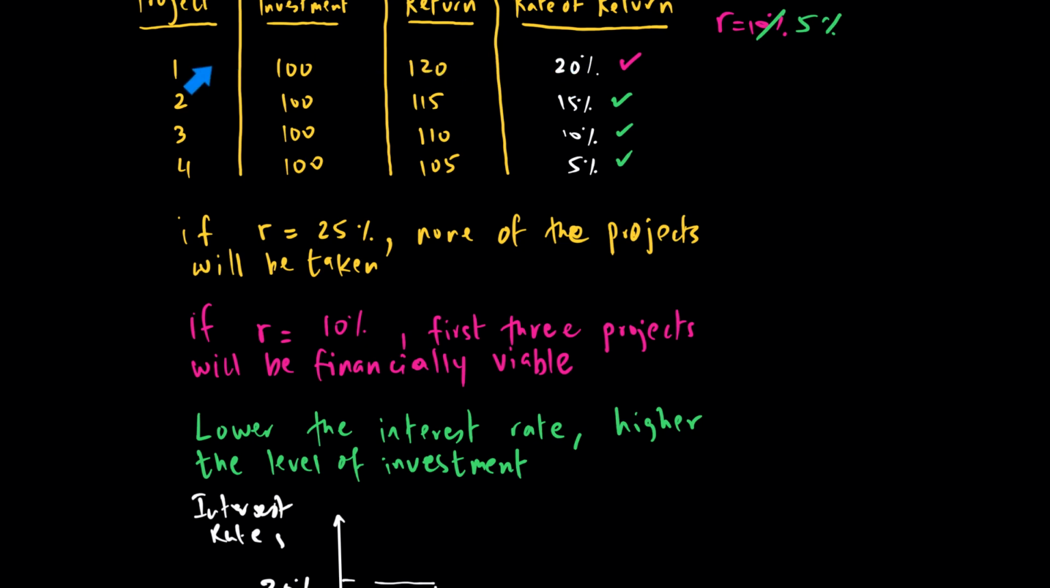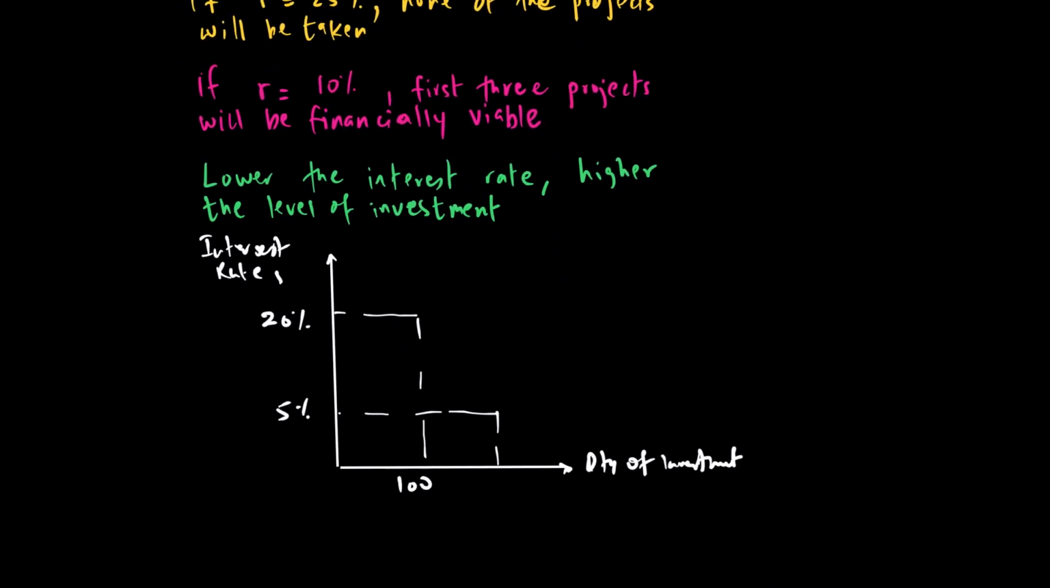you will only invest in the first project, because rate of return is equal to the interest rate. While if the interest rate goes to, let's say, 5%, then I'll invest in all the 4 projects. So my total level of investment will be 400. If I join these 2 points together, I get what we call our demand for investment, which is something like this. It's a downward sloping demand for investment,